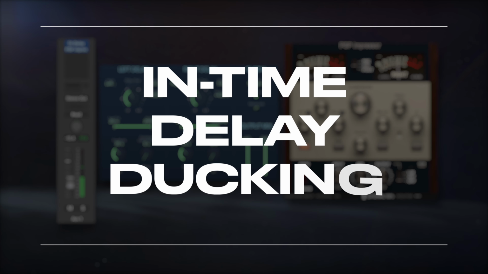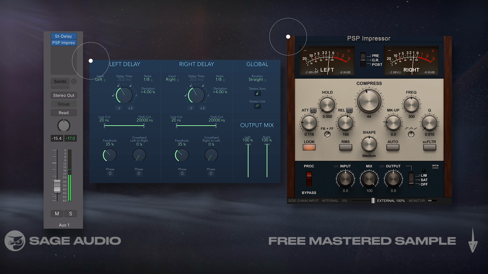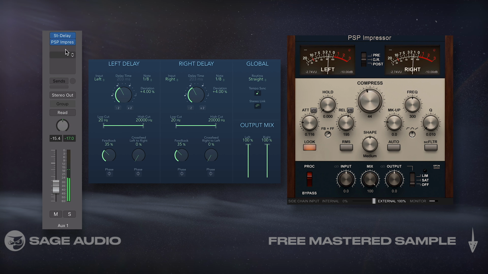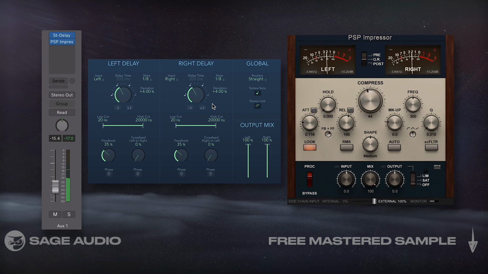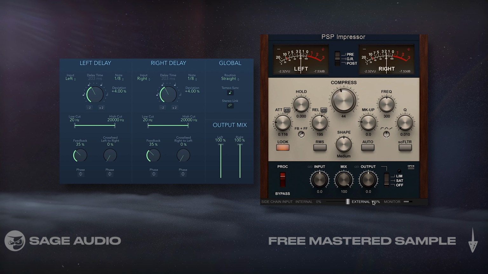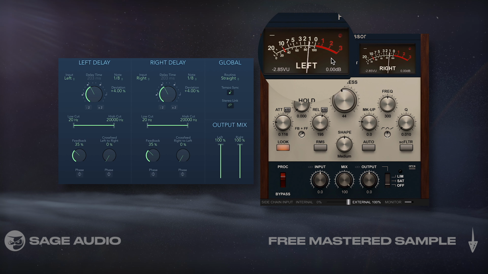In time, delay ducking. For this chapter, we'll need a delay and a compressor, both inserted on an auxiliary track. In short, what we're going to do is send the signal that we want to delay to this auxiliary track, but then sidechain the compressor to the original unprocessed signal. Now this way, whenever the delay is triggered, we can determine if and for how long the initial delay is